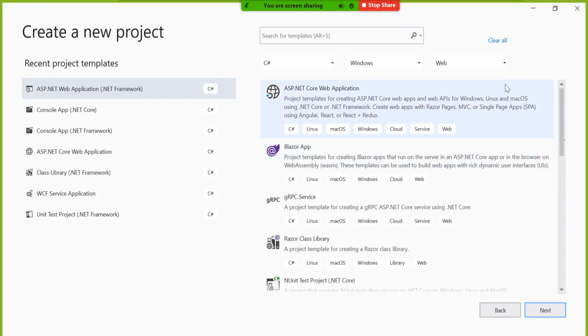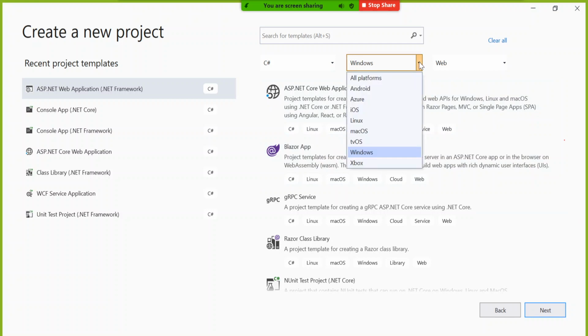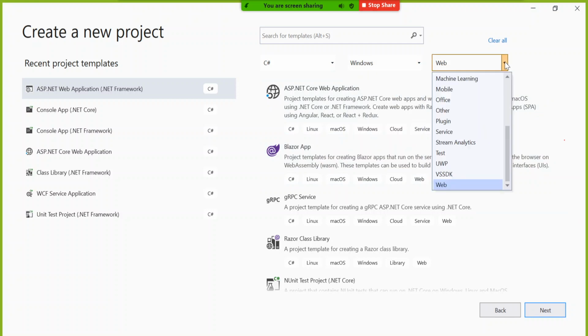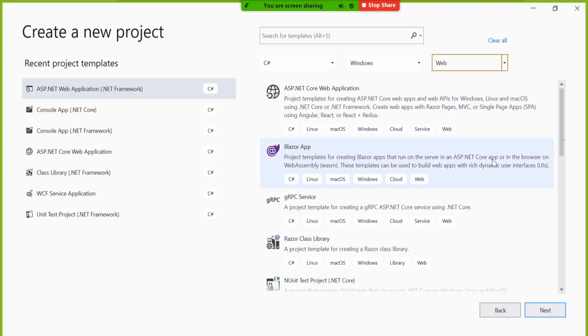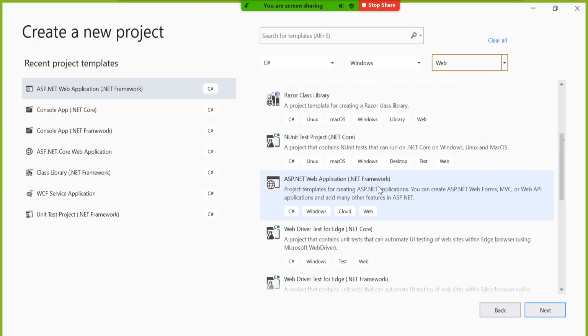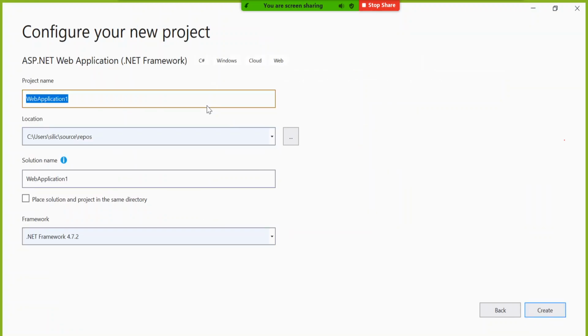So what I will do, I will now select C Sharp, Windows operating system, web of course, and to go for web form, you have to go for .NET Framework, and click on next, and here you give the name of the project. Suppose I will name this project something like my first ADO demo, kind of that I will give.